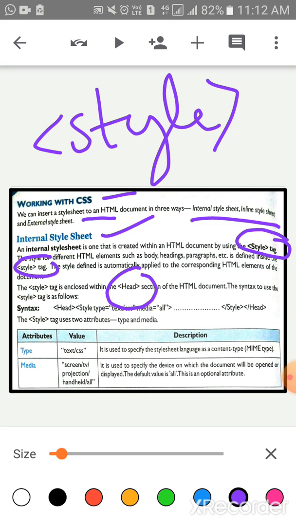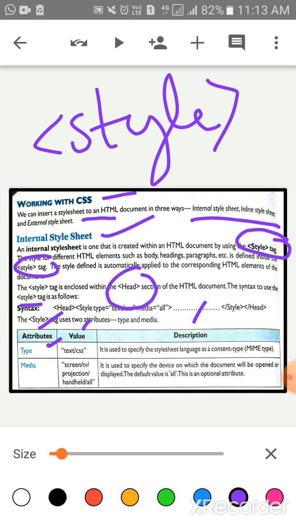The syntax of how to use the style tag is as follows. You can see, children, the syntax of how to use the style tag. Look at the table: attributes, value and description. This is the type attribute and the value is, within quotes, write text/css.